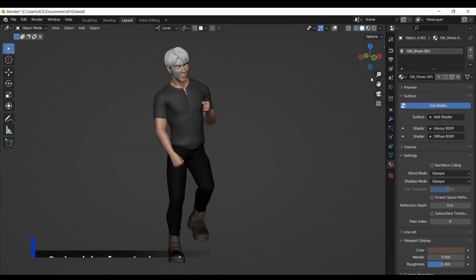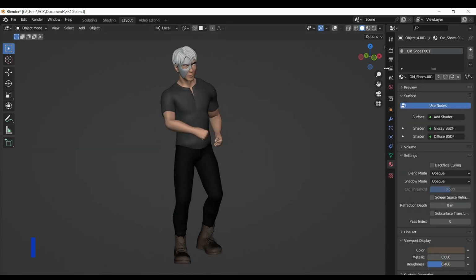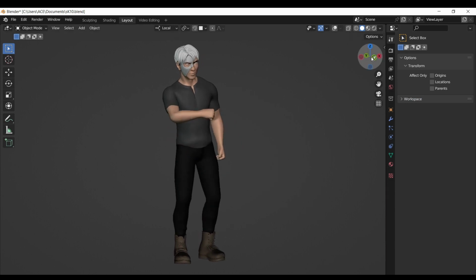Next, is the character suitable for animation? Yes it is, because it is very stable and the poly count is also not high, and you can see the